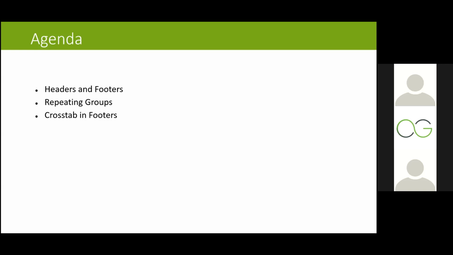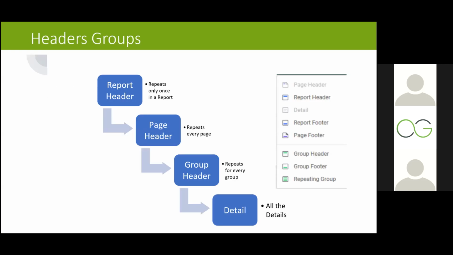So moving on to the headers, of course, we have already discussed the headers. We start off with the headers of the groups, and the first is the report header. This is used only once per report, and it can be used for, let's say, defining the name of the report. If you just want to define the name of the report, you can keep it in the report header, and it will be there on just the first page, at the top left-hand side.